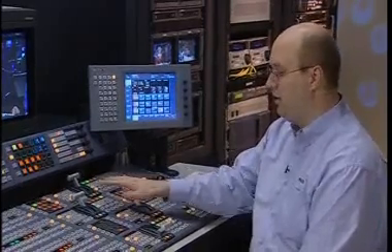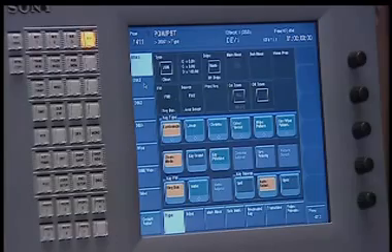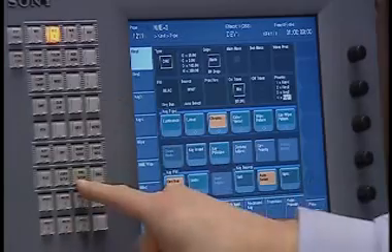Anywhere on the switcher that you think might have a menu associated with it, you can double press. For instance, if I double press the keyer button here, it will automatically call up the Program Preset DSK1 menu. Let's touch briefly on the setup of the switcher and how we get the switcher to change its personality depending on what we want to do. Over on the menu display, there's a button called Engineering